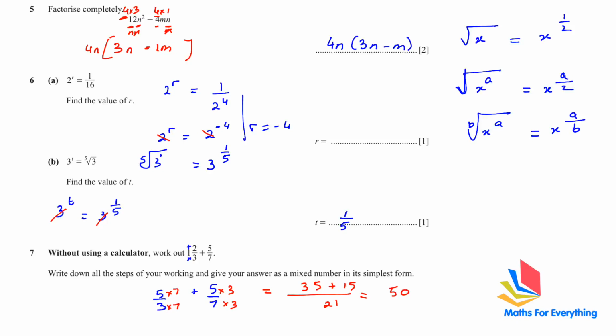And we will get 50 over 21. If you know how to change this into a mixed number, well and good. If not, you can write this in the calculator in this form, 50 over 21, and then press equal. After you press equal, above the delete button, there is an SD written like that. Then you press this and you will get the answer